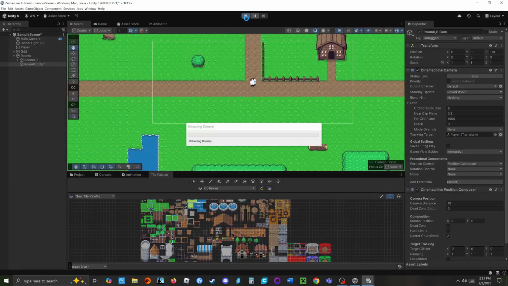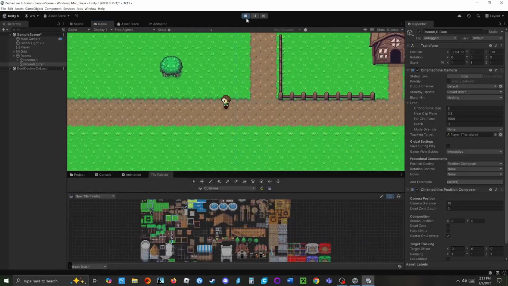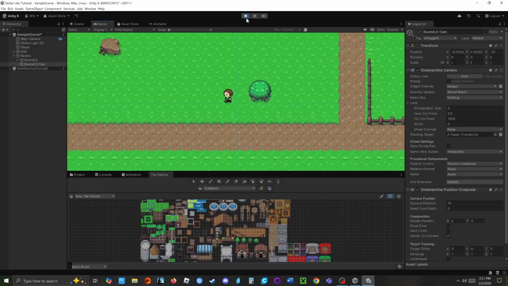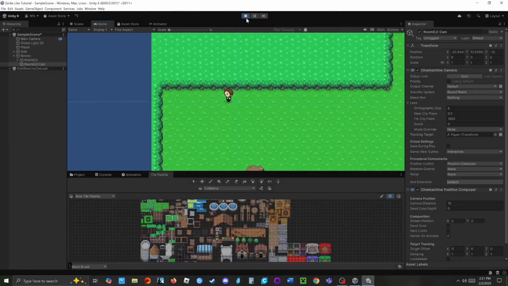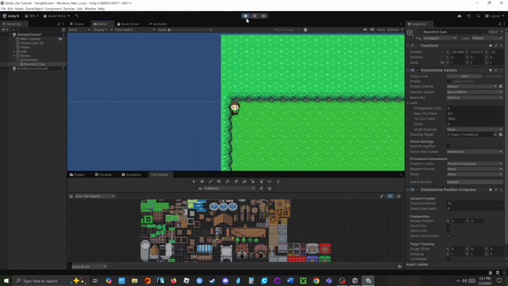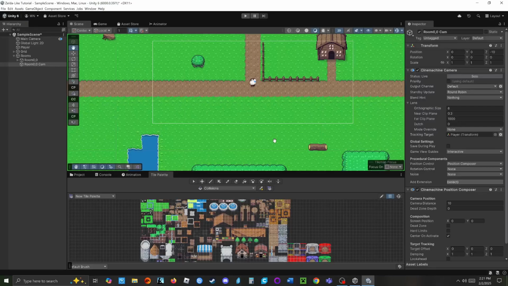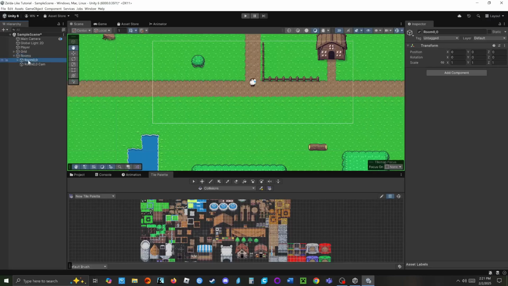Now if we hit play, the camera is going to follow the player, but you're going to notice something when we get to the edge. Notice how the camera can see outside of our room. So the way we're going to stop that is, first things first, we're going to go to rooms, or room